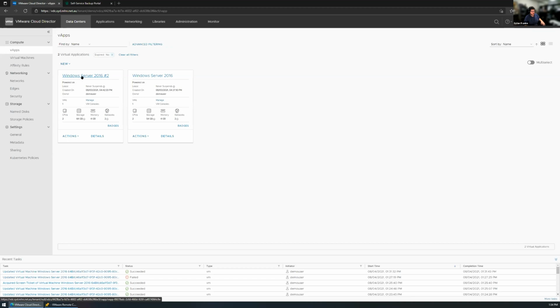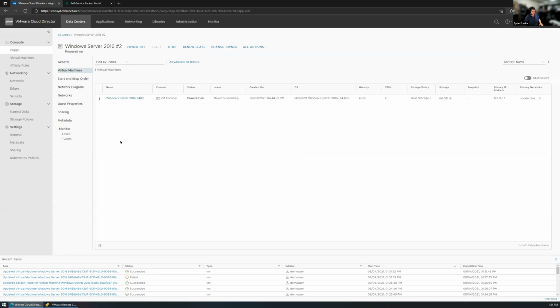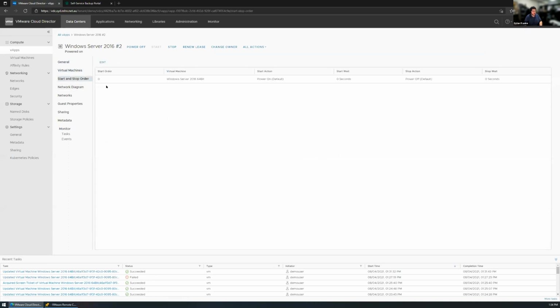There's no downsides to creating multiple VApps or just having one. It's purely from a management point of view. So if you go into the VApp, you can see all of your virtual machines and control the start and stop order, which is particularly good if you've got a web server, a couple of databases, and a router. Or even Active Directory, right? You want Active Directory to start before your database server, and your database server to start before your app server, that sort of stuff. So if you want to reboot the whole environment, you can set up the start-stop order to make sure it boots up in the right order, and control the delay once things are started up.